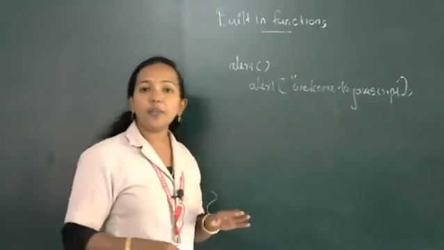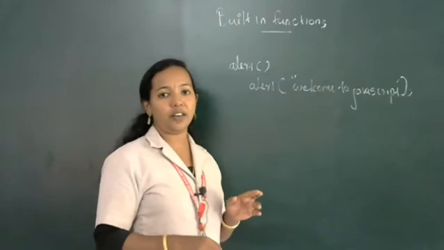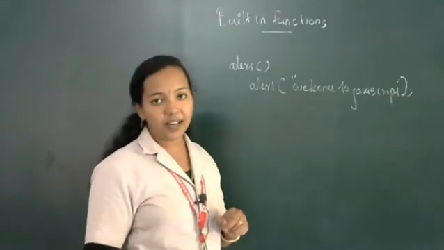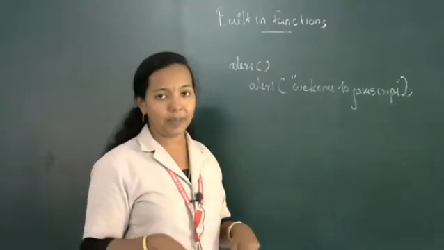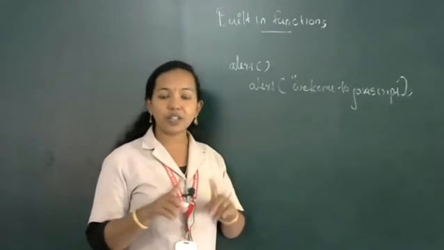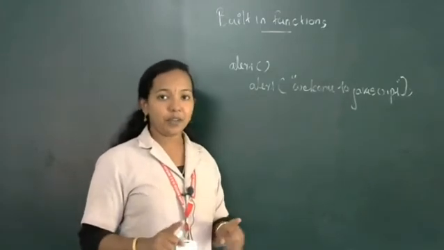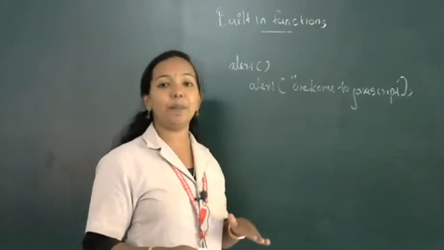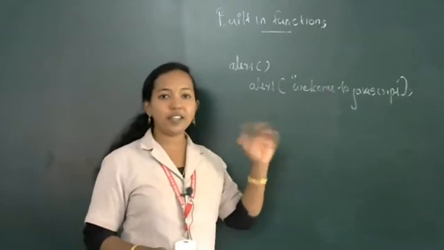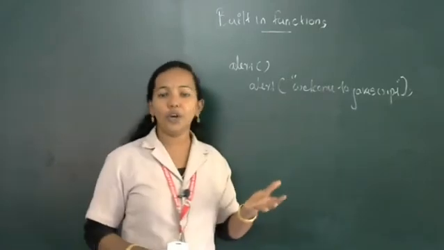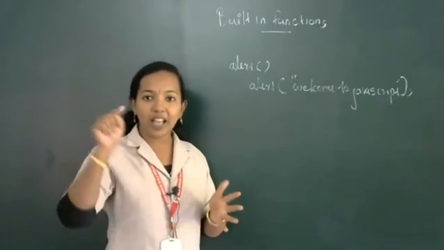Then document.write. In some programs, instead of the alert function, we used the document.write function. Actually, document.write is used for displaying content inside the body, that means inside the web page. But the alert function is used to display a special message box. That is the difference. For inserting content inside the web page we use document.write, but the alert function is not similar to it. It displays a special message box with an OK button.